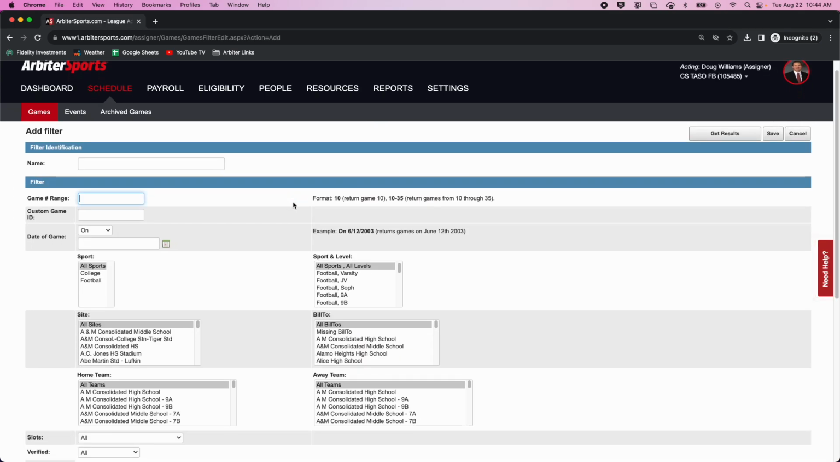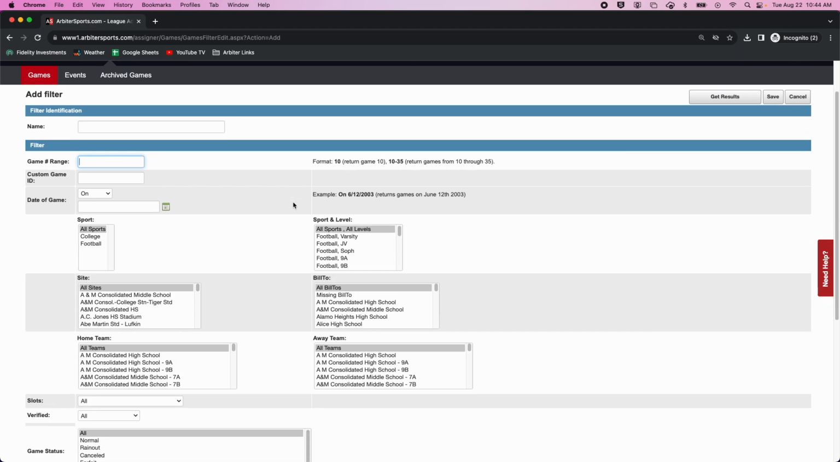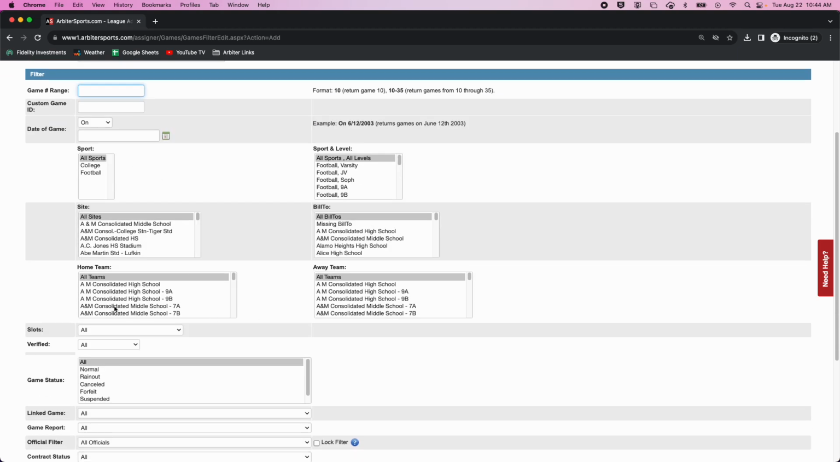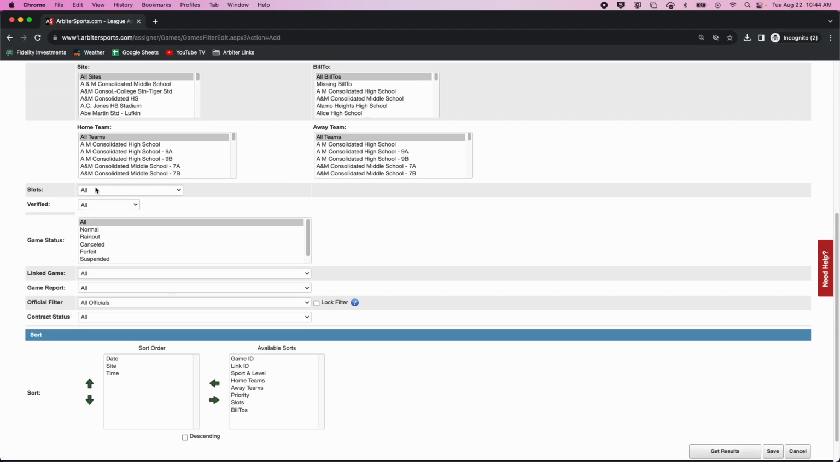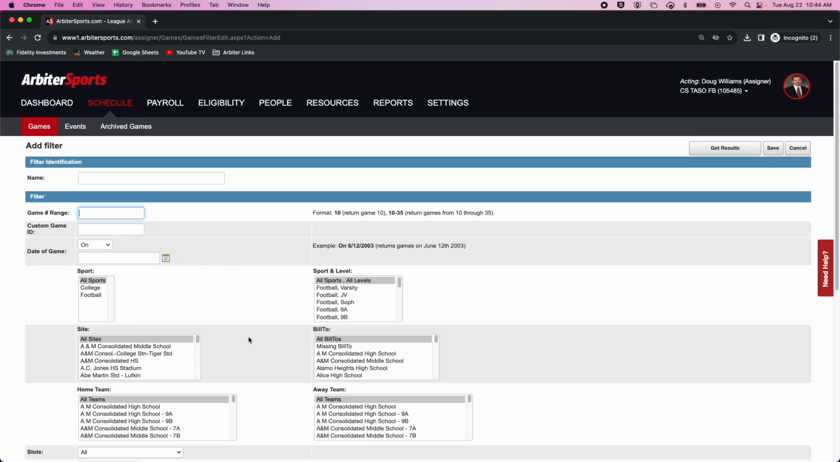When you go to your schedule page and click on this Add Filter button, here are all the options available to you to be able to look at a game, a particular set of games, maybe a date range of games, by sport, by level, teams, sites, bill-tos. You can look at the different variations of slots, linked games, game reports. You can also manipulate the way the games are ordered. Let's cover a couple of scenarios, hopefully that will give everybody a good idea of how